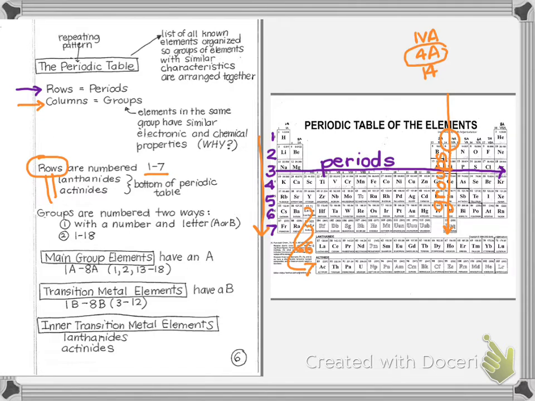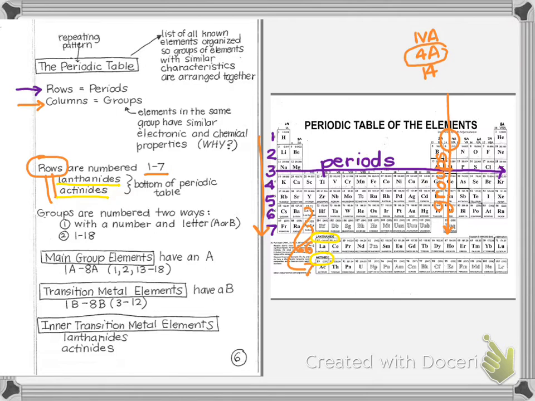And the old-fashioned names for these are right here: lanthanides and actinides. And here it is, lanthanides and actinides. Those are just old-fashioned names for those two. It's based on the elements that are pulled out of the periodic table. But the lanthanides are a part of period 6, and the actinides are actually a part of period 7.